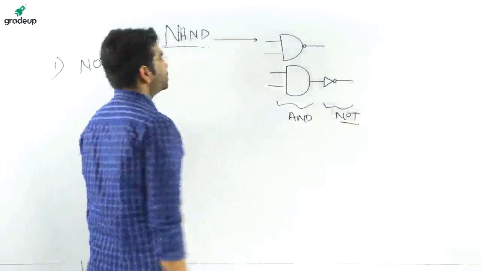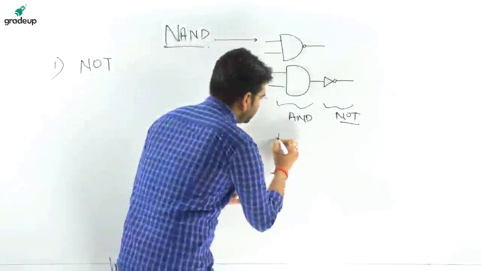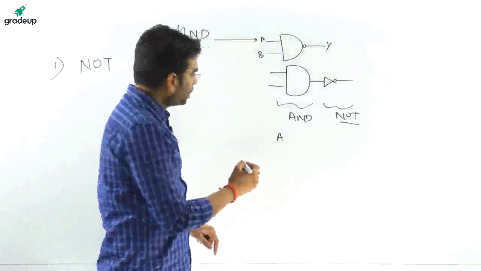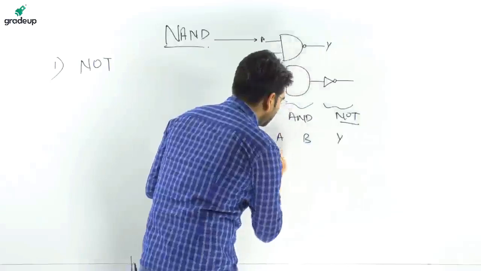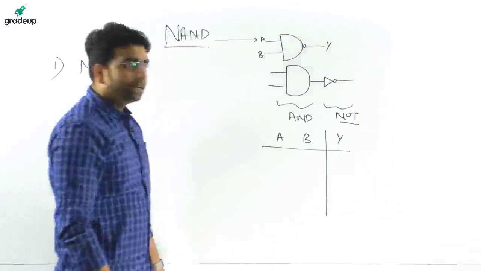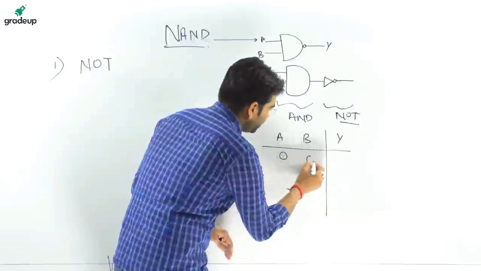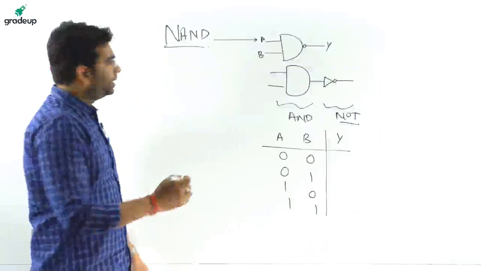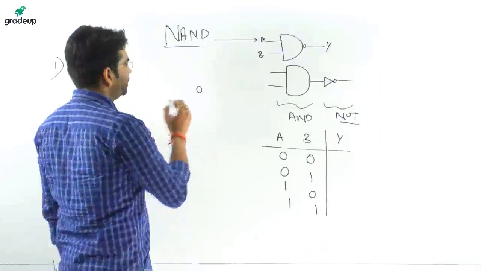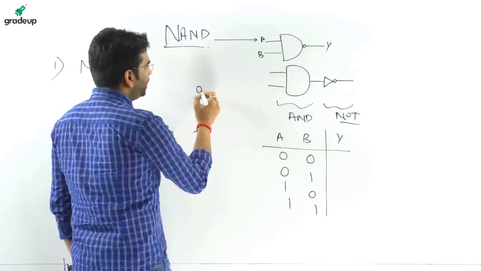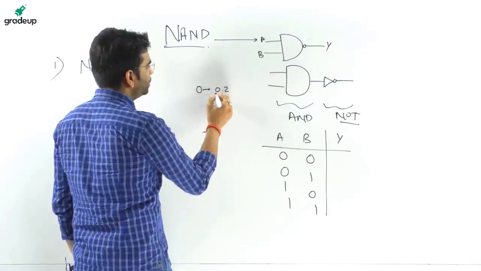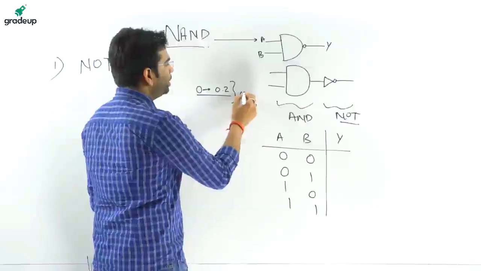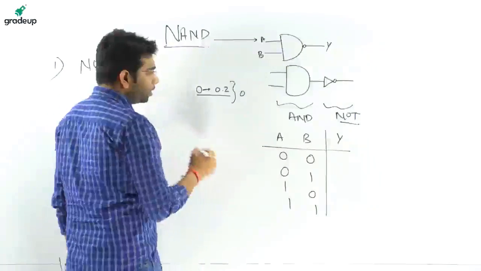Okay? So what will be the truth table of this? The truth table, suppose there are two inputs A and B. Y is the output of this, okay? A, B, Y is the output of this NAND gate, dear friends. So taking inputs 0 0, 0 1, 1 0, 1 1. What is 0 actually? This 0 is a potential that is applied in the positive logic and is nearly 0 to 0.2, okay? It is treated as digital 0 or digital low, okay? It is 0.